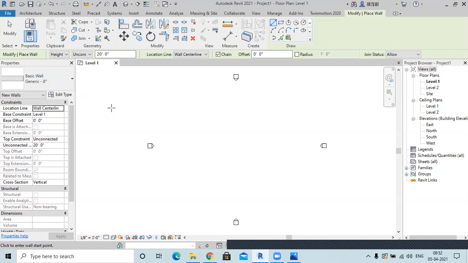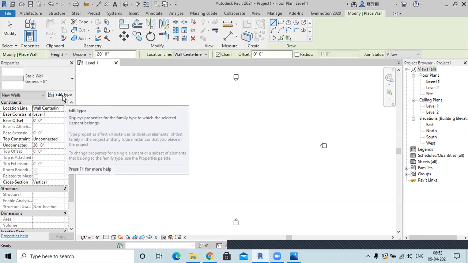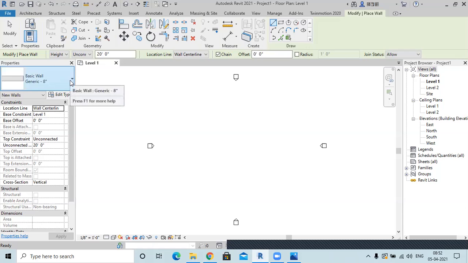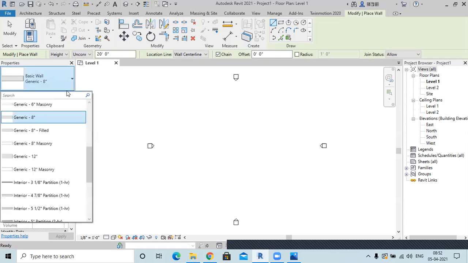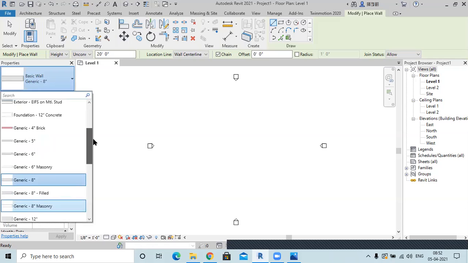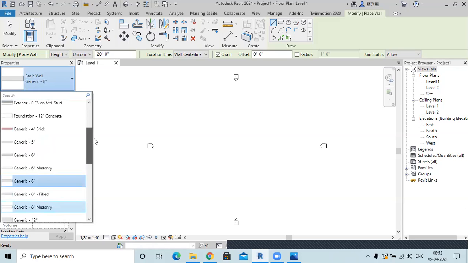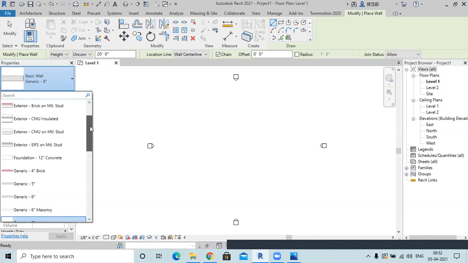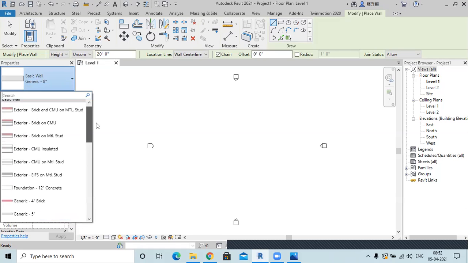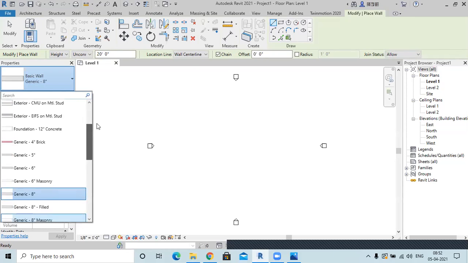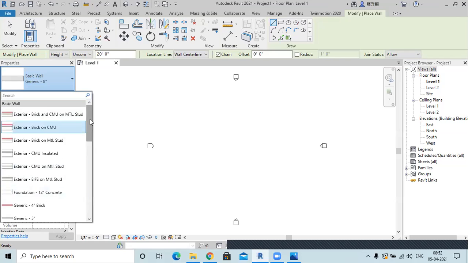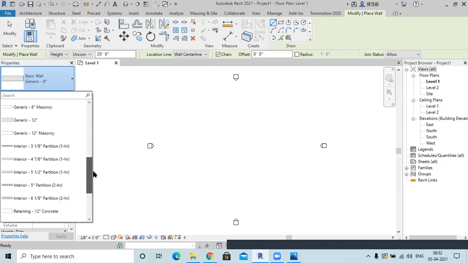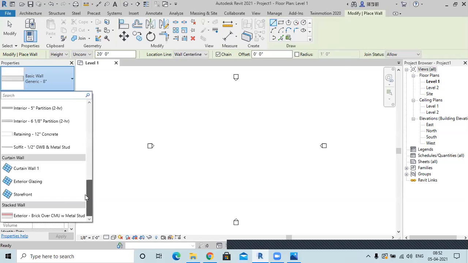First of all I'll show you, when you drop down this menu, you will get different types of basic walls which are present by default in the Revit software. In 2021, if you install it, you will get all these different walls already present as a default template.